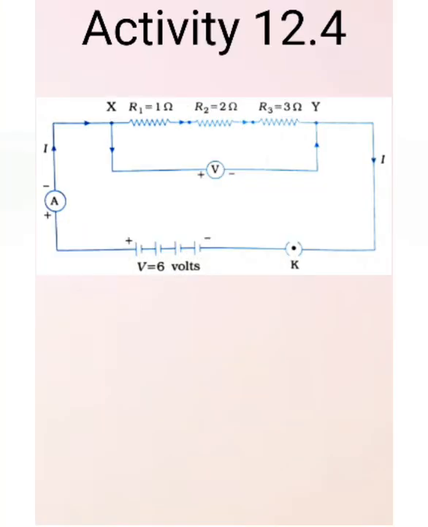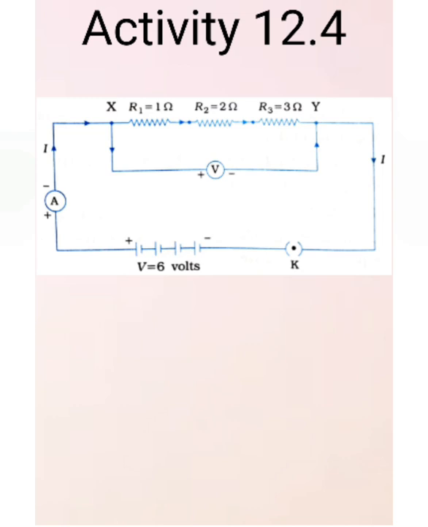Now, resistors in series. To understand this concept, let us have an activity, activity 12.4, to study the series combination of resistors. So, let us start. Join 3 resistors of different values in series. Connect them with a battery, an ammeter and a plug key, as shown in the figure. You may use resistors of values like 1 ohm, 2 ohm, 3 ohm, etc. and a battery of 6 volt for performing this activity.